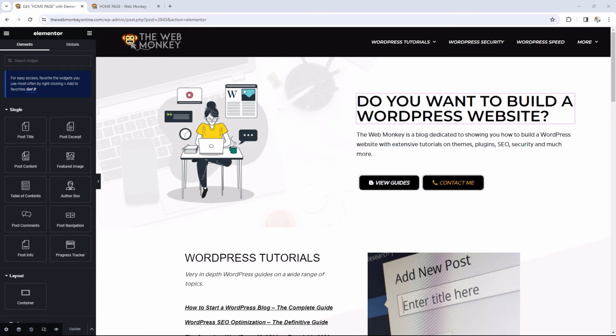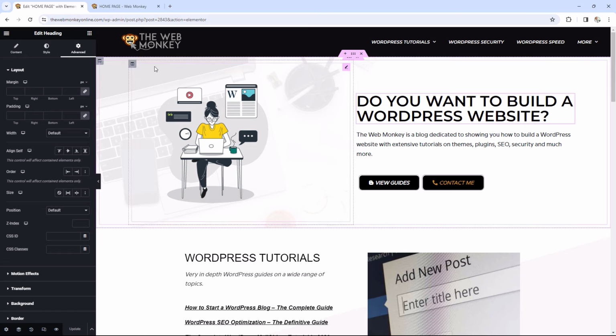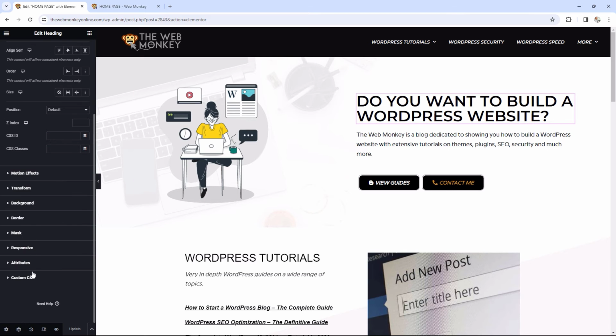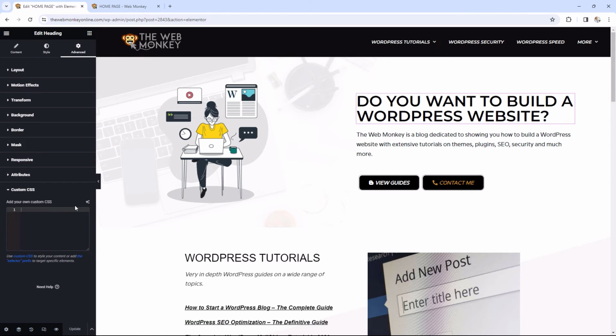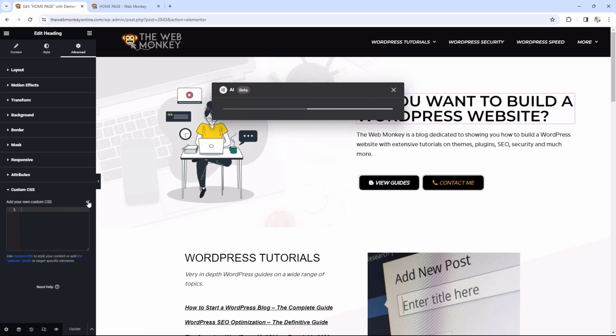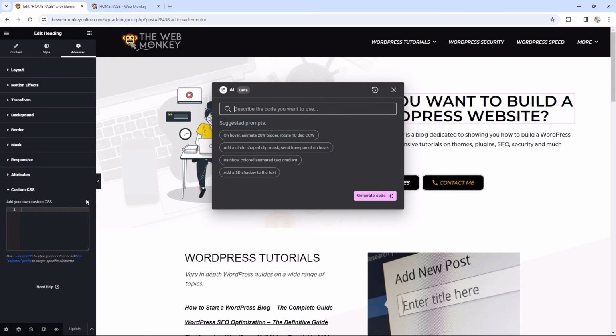Okay, let's assume we wanted to change this color right here. Do you want to build a WordPress website? Now it is black, but let's assume that once the screen size goes to below 1000 pixels, we want to change it to red. How are we going to do this? So I'm going to click on the title element right there, okay? And then advanced, come down here to custom CSS, and now click on edit with AI. And now take a look at this. I'm going to say,